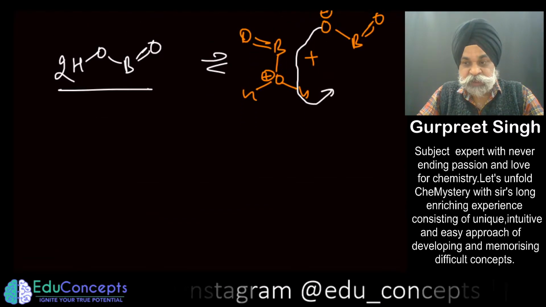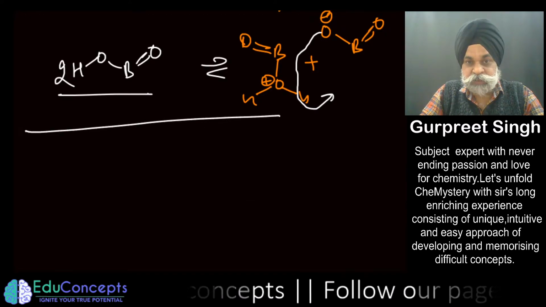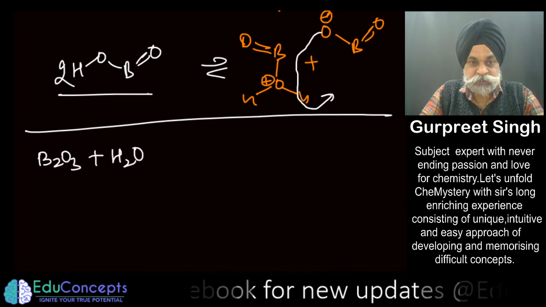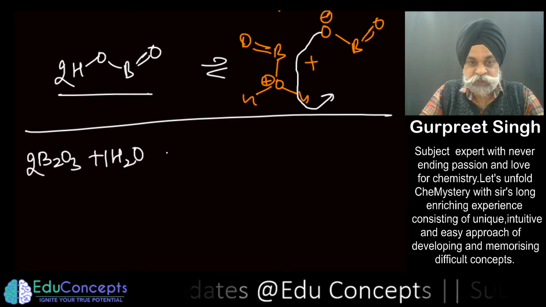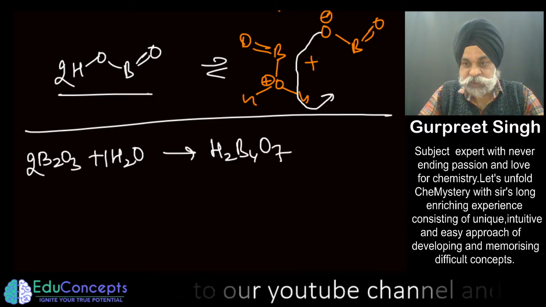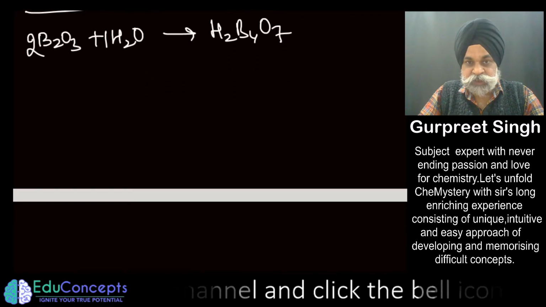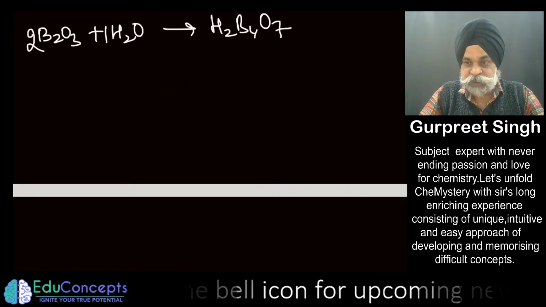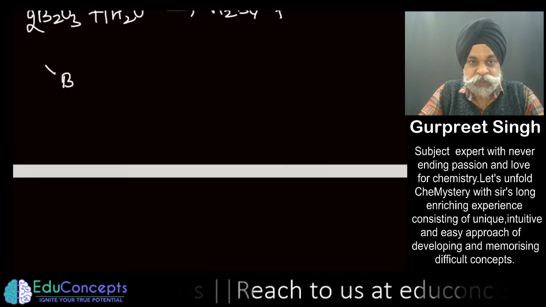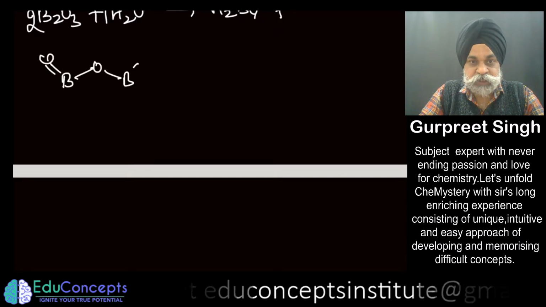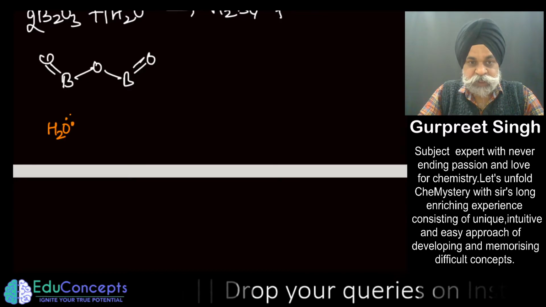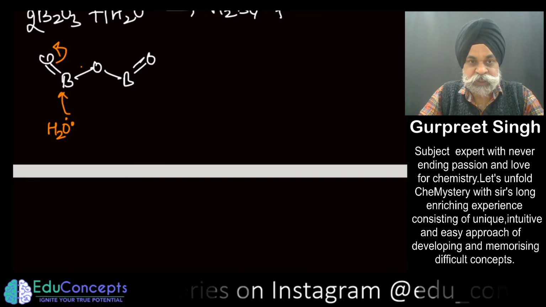Now, as regards the next molecule: when you take B2O3 and water in a 2 to 1 ratio, that is 2 moles of this and 1 mole of this, you end up getting H2B4O7. Now, how do we get this molecule? Let me show you the mechanistic viewpoint for this part also. Just hold on for a second. Okay, here it is. So B=O, OB. Again you are going to place water. So water is going to attack it and this would carry a negative charge.